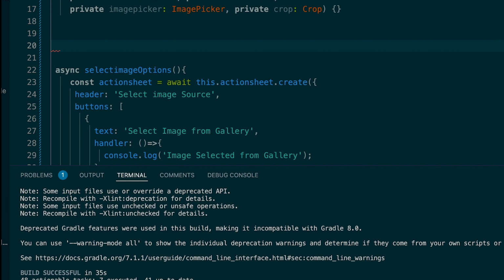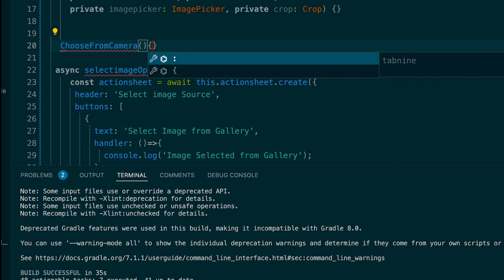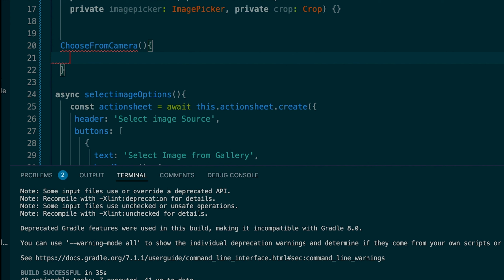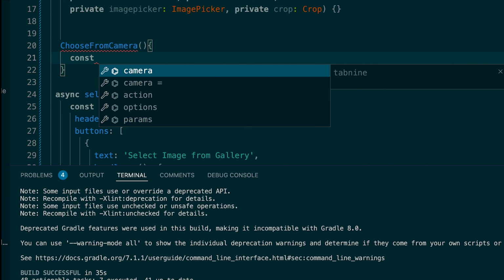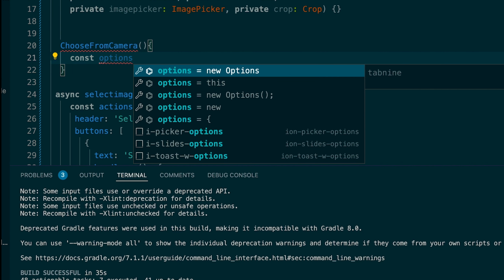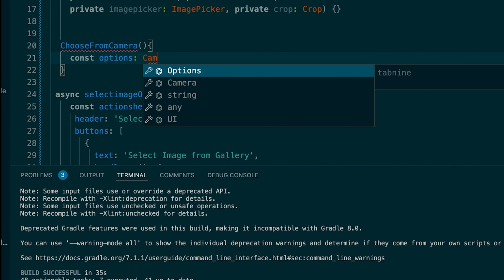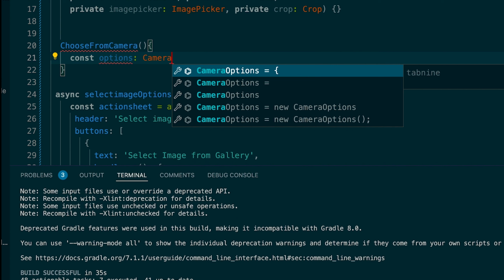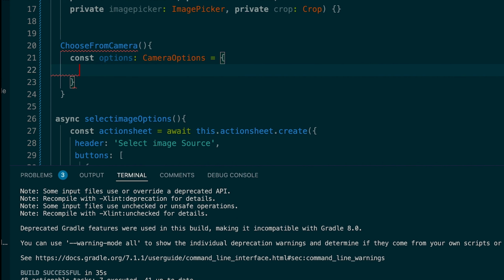So to do so, we'll create image choose from camera. Then inside here we'll create a constant which will be camera options,